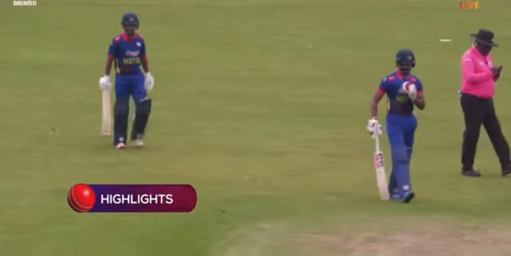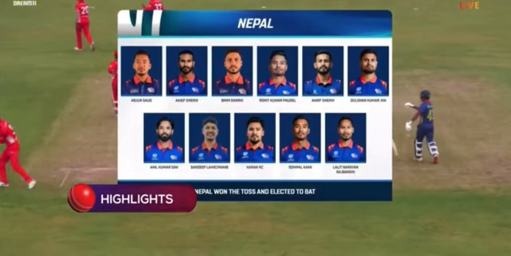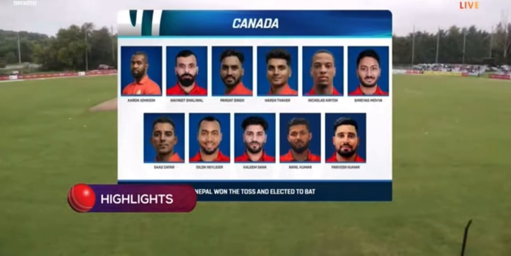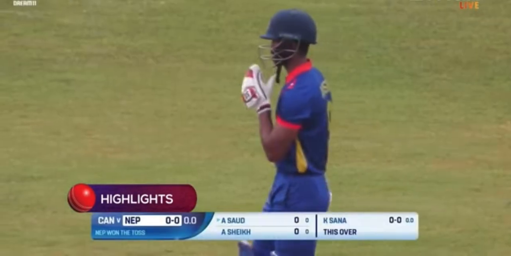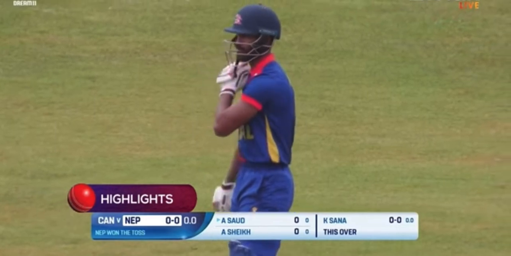Beautiful day, Lenny. Ray of light, lighting up my morning here in King City. Let's go look at the teams. Unchanged for Nepal. Real surprise for me, I have to say. I thought they'd make a couple of changes. I thought we might see him. I thought he bowled nicely in the T20s in the Netherlands. He gets his chance now in the longer format. Again, maybe a difference of opinion over the pitch. Plenty of spin options for Canada. They're going to open up the honours with the bat, as no surprise to see Kalim Sana with the ball for Canada.